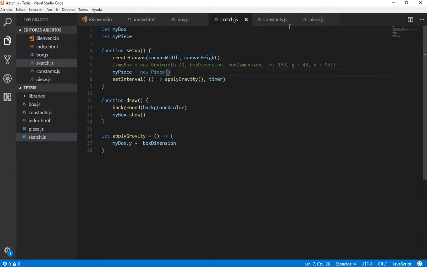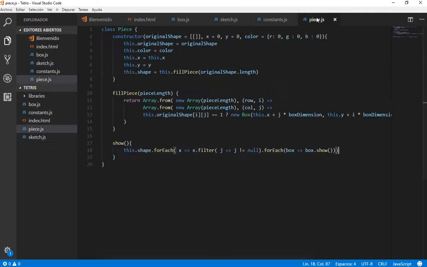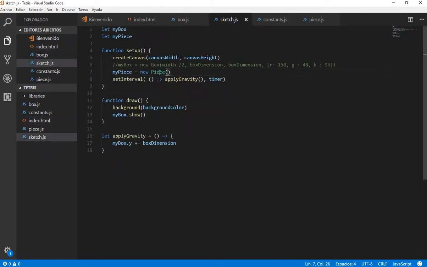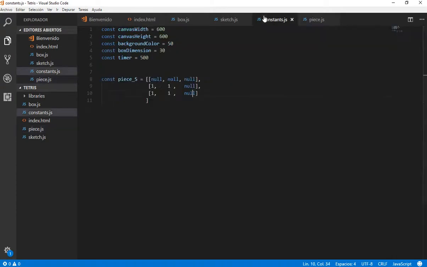Also, now that I remember, I need to add the piece.js to the index. So it's easier to copy this. Here it's going to be piece.js, and now here I'm going to say that I want a new piece, whose model is the piece S,